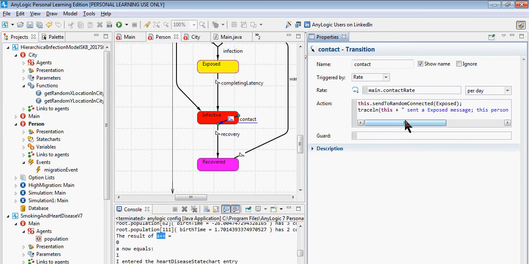And I didn't emphasize it, but for the model that we had, we could have chosen different semantics, different meaning of how we could have sent messages, not just to a randomly connected person, but to all connected people, everyone in their network. So maybe they have a network composed of lab mates, and they cough and sneeze, and the lab mates are all exposed simultaneously to the pathogen, rather than just a single randomly connected person. We could have easily had that, and AnyLogic will gladly support those many types of